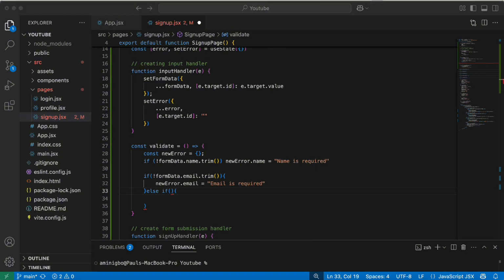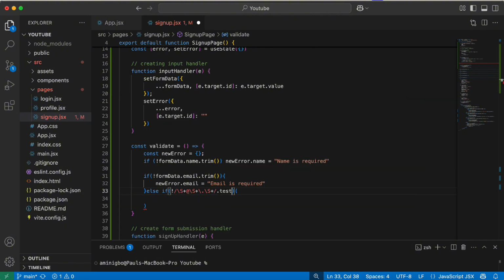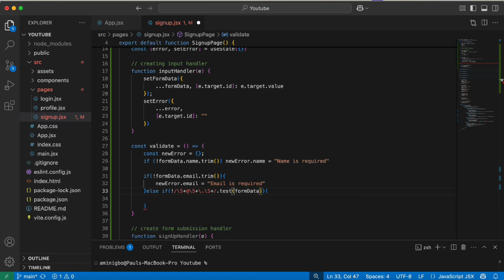I'm just going to copy it and paste it so you can always have access to it. I'm going to add it to the description and you can always copy, right? So we're going to have this regular expression. We're going to say if not this, right? And if not this, and we're saying dot test. What are we testing? We're testing the form data dot email,